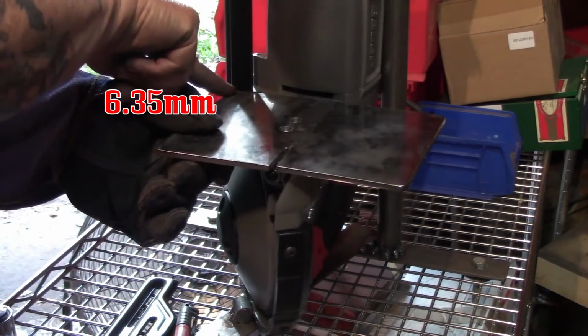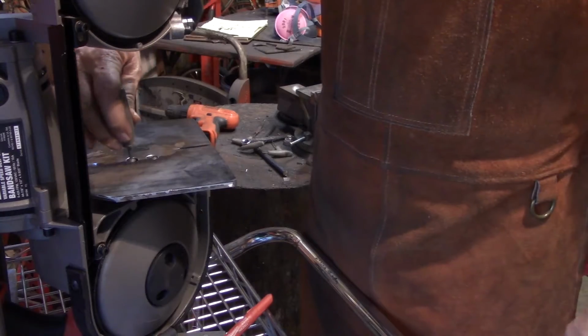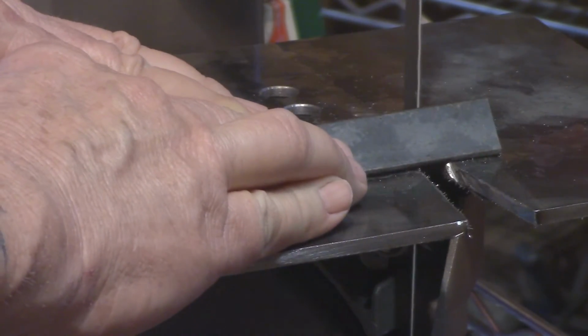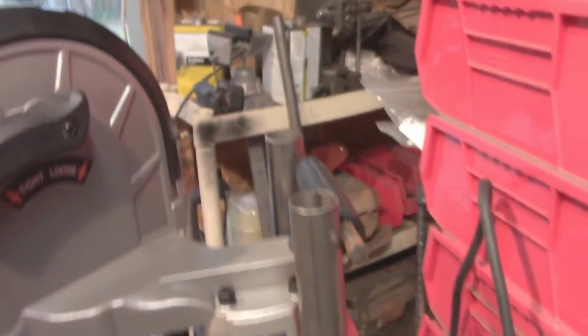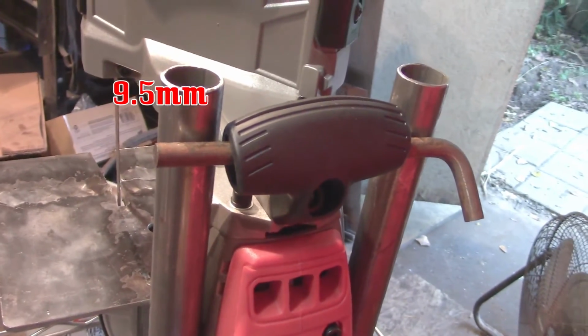And here I am doing a test fit, and I saw that it'd help if I did a little notch on the back of the table there. And I gave it several spot welds on each side, and it's holding firmly. So pretty easy to do. All I had to do there was put the screws in, hold it on, and here is some gratuitous bandsaw cutting action. All right, so there is the little piece of round bar that goes through the handle, 3/8-inch stock that goes through it there,